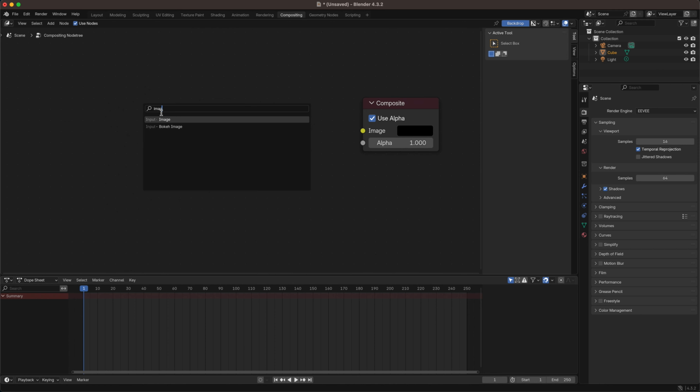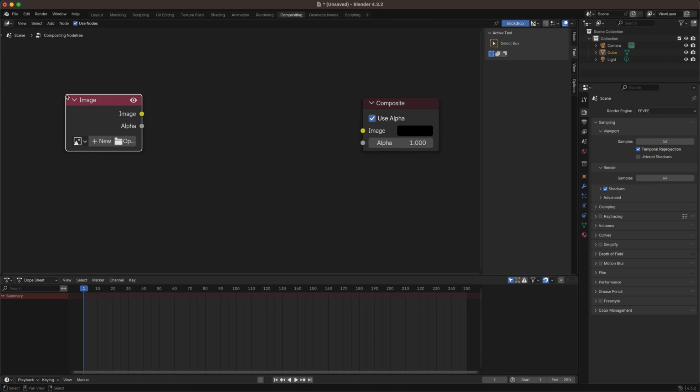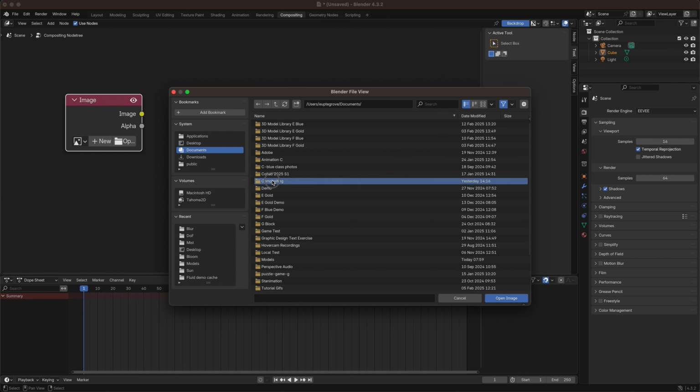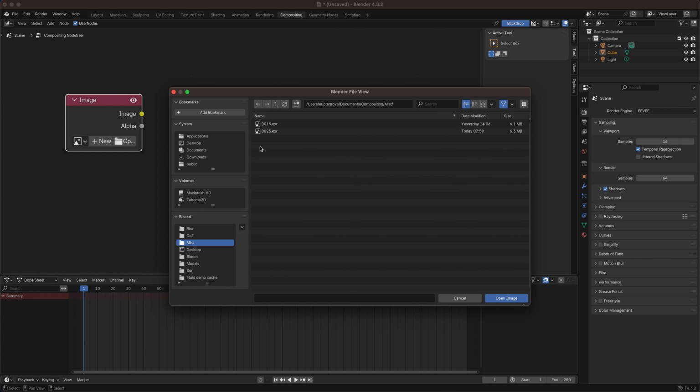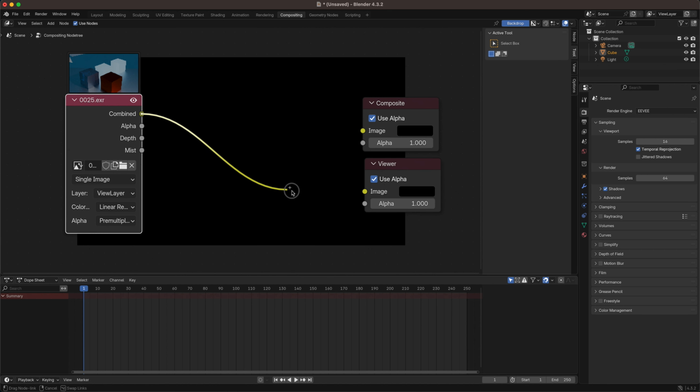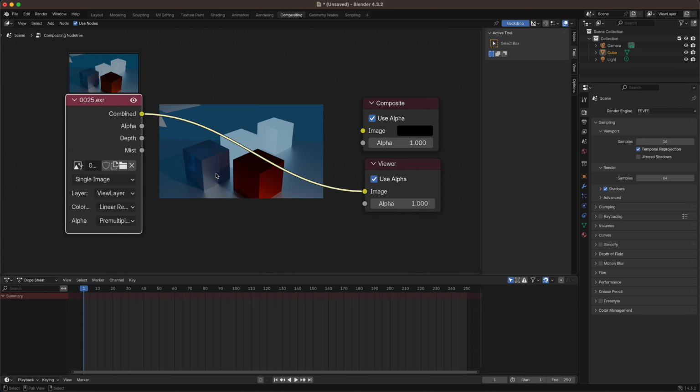I like to just search. It's a lot faster than looking for where the nodes are because there are so many. And I'm just going to open the image that I rendered. So I'm just finding the location and getting that open. And I'm going to add a viewer node so that I can see what I'm doing at a bigger scale. If I connect from combined to the image socket,